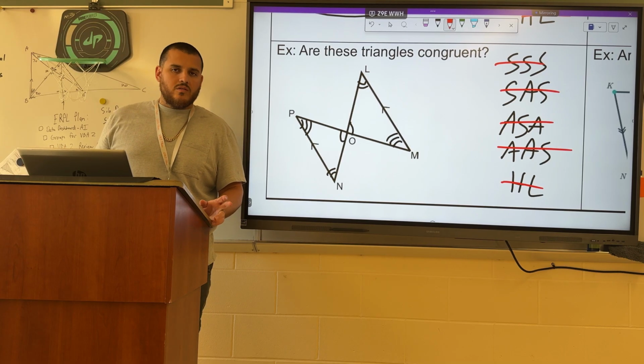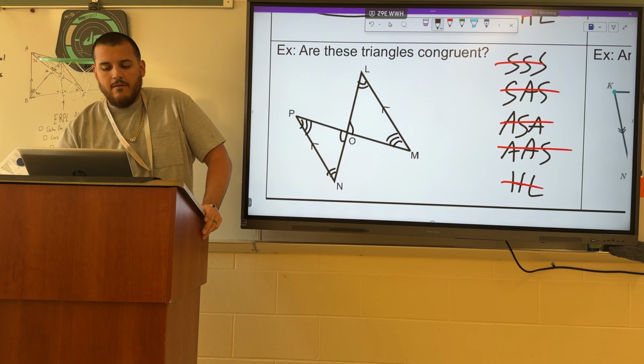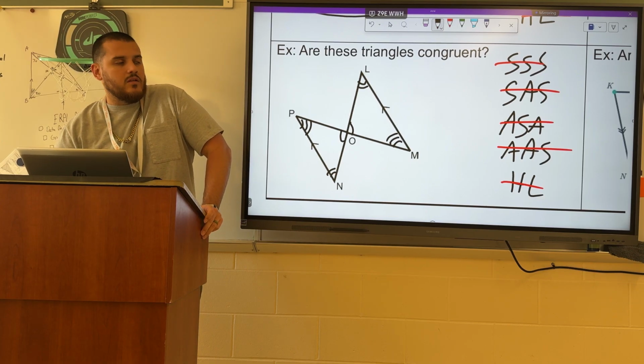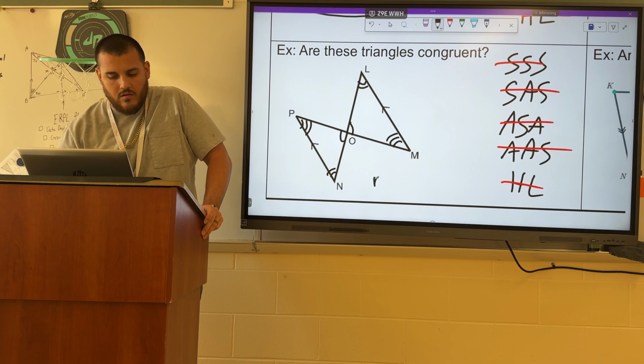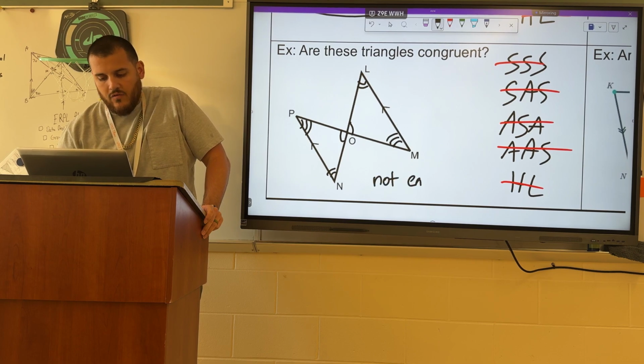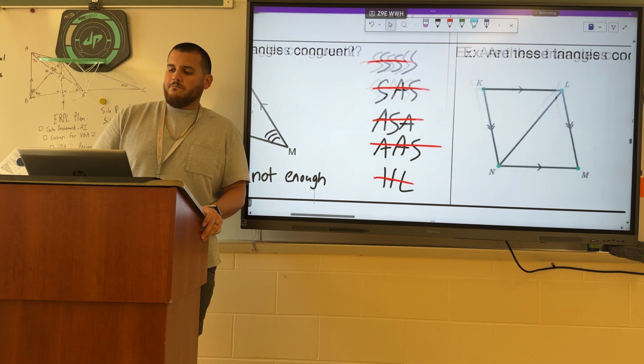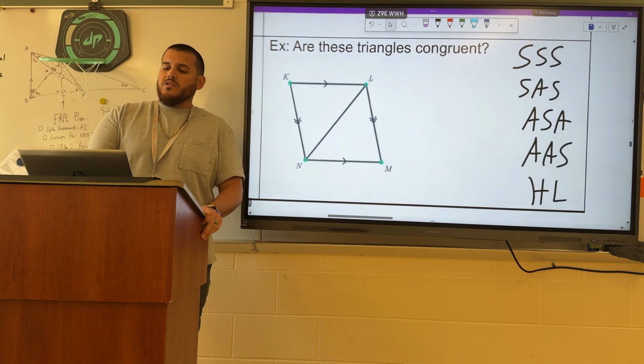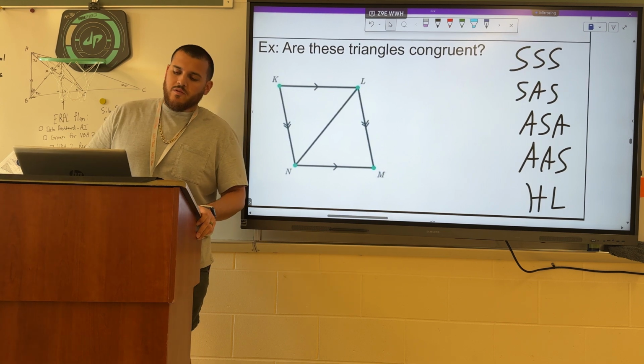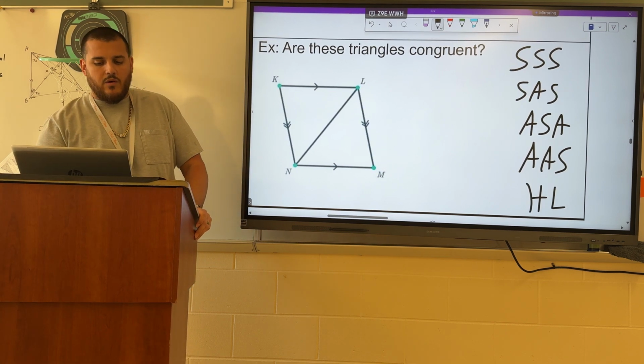They're not right triangles, so they're not congruent by hypotenuse, leg. Very important to understand that angle, angle, angle is not a congruency theorem, right? There is not enough information to prove that those triangles are congruent to each other, right? We do have enough information in this example though, because we have a shared side that we are responsible for